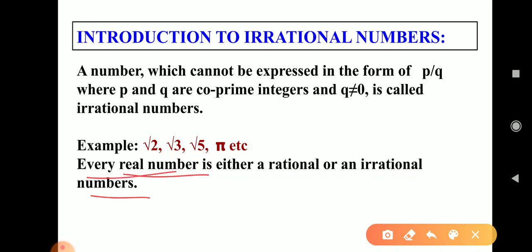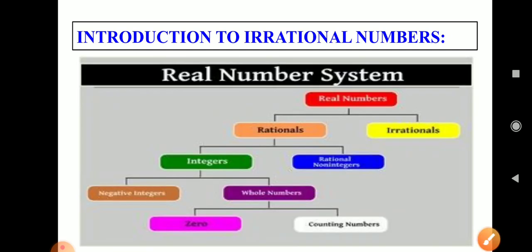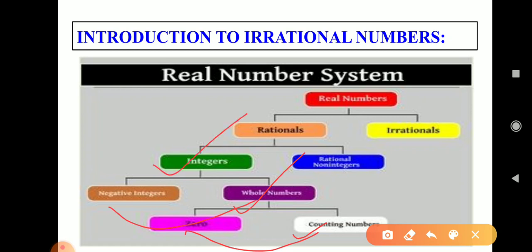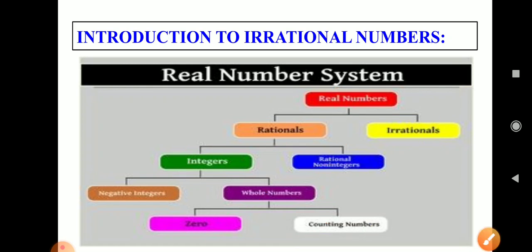Remember this. Now let us recall everything. Counting numbers are natural numbers. Along with natural numbers, if we consider 0, they are whole numbers. Along with whole numbers, if we consider negative numbers, they are called integers. If we consider fractions, they are called rational. Numbers other than rational, which we cannot express as rational, are called irrational numbers. Rational and irrational together we call real numbers. So this is about irrational numbers and the overall collection of the number system.